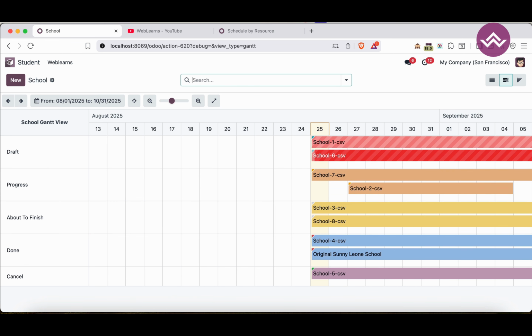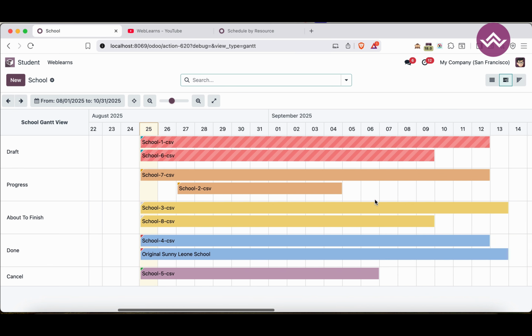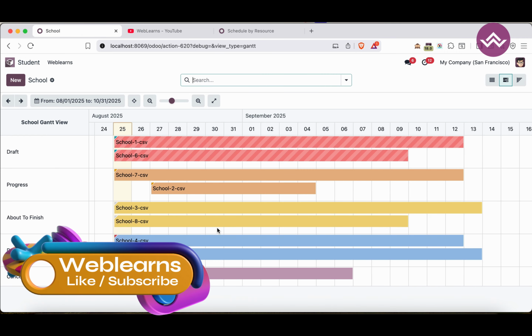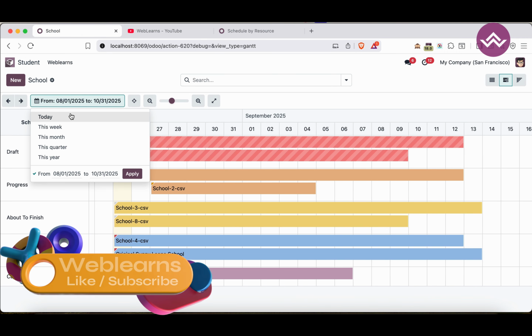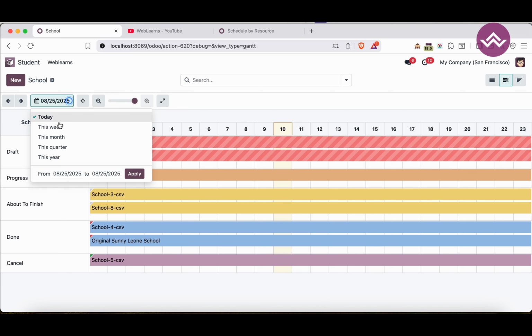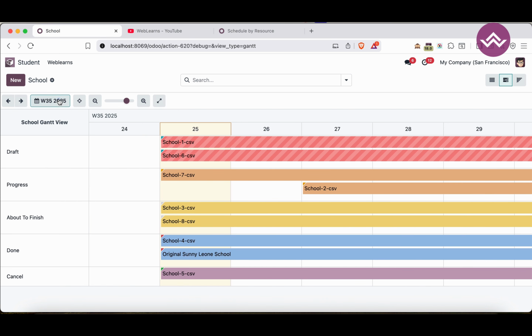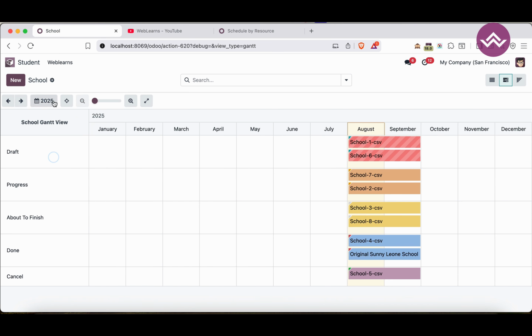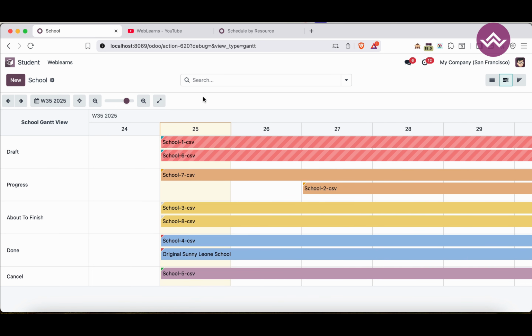Okay, so let me refresh the screen. Now you can see it displays in a very beautiful way. Here you can use today, this week, this month, quarterly, yearly, or the custom one. Now let me refresh one more time. Let's say not yearly, but weekly. I want to use it like this. And here